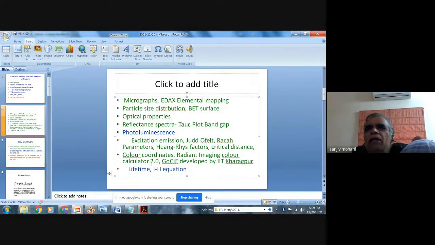And all these are free of cost. So either using GoCIE or Color Calculator 2.0, we can calculate color coordinates. And there are various other factors also, color purity and so on. Once you get the color coordinates, from that you can calculate many parameters, color purity and gamut and so on.